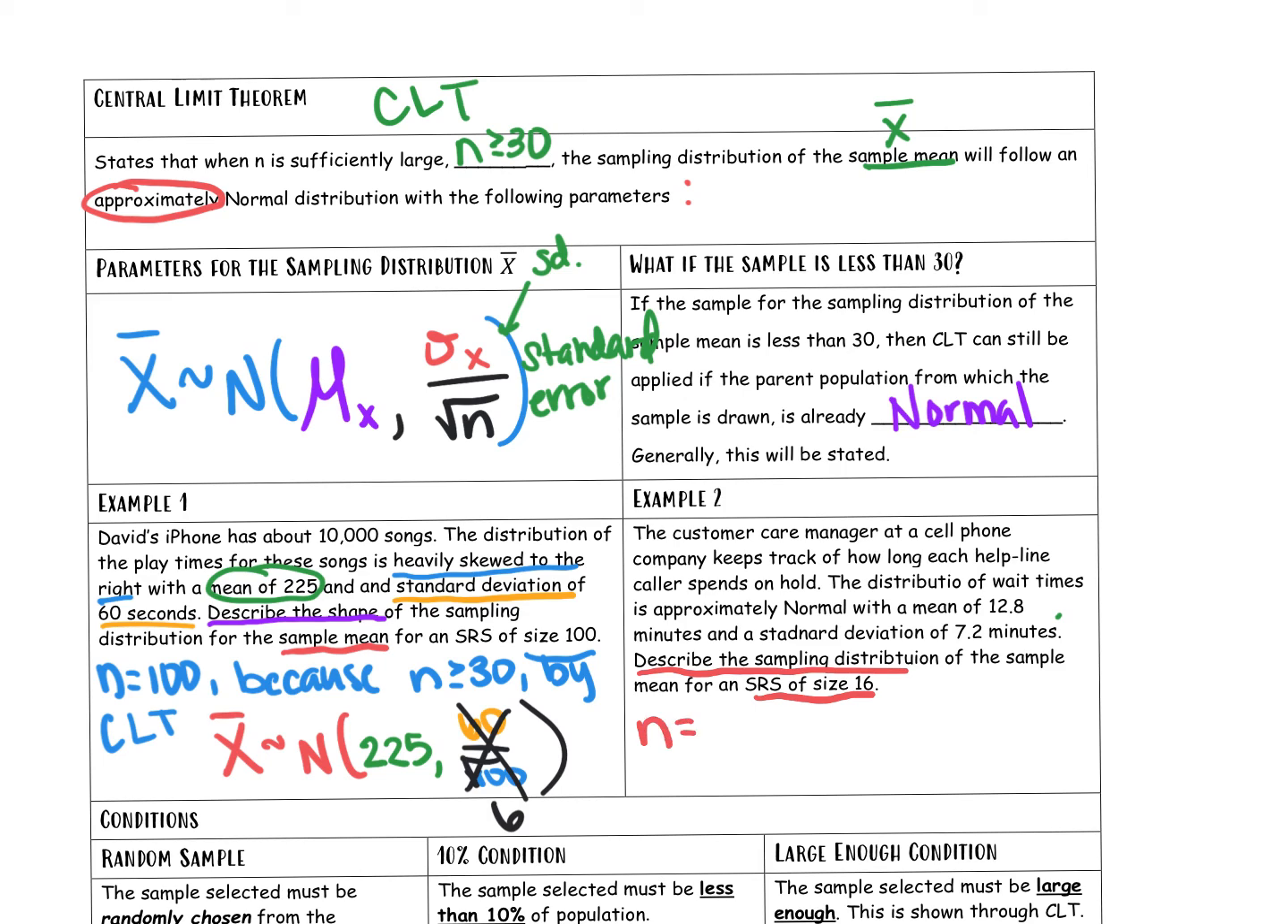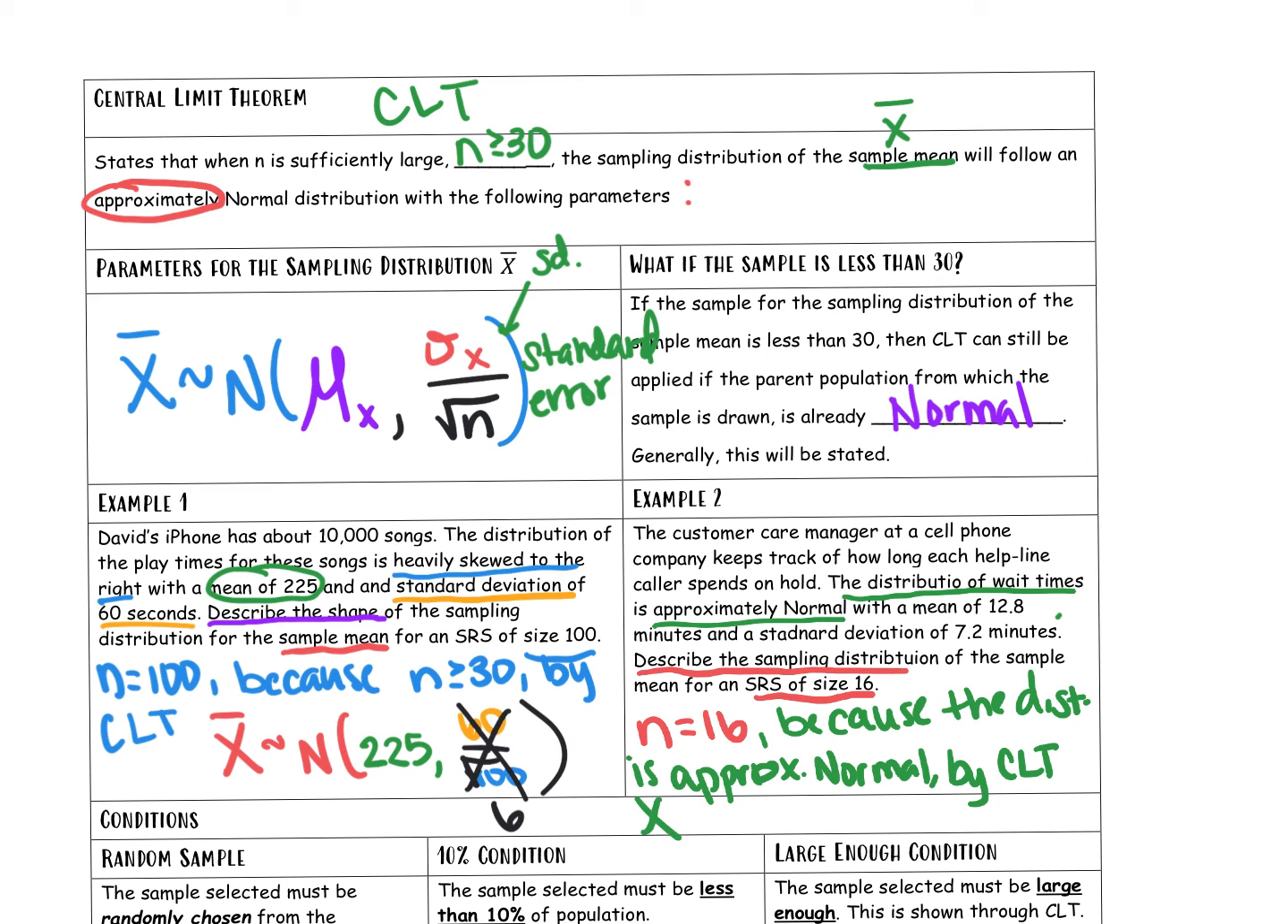So here n is equal to 16. Well, that's a problem because n is not bigger than 30. But if it's not bigger than 30, we go to the second condition that we can check, and that's that it comes from a normal distribution. And notice here, it tells me that the distribution of wait times already is approximately normal. So because the distribution is approximately normal, by CLT,